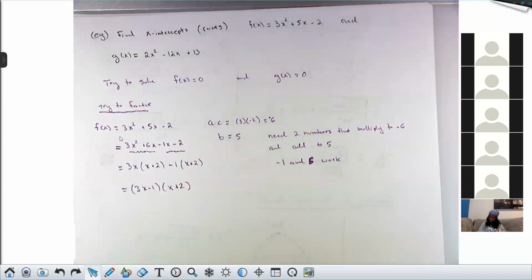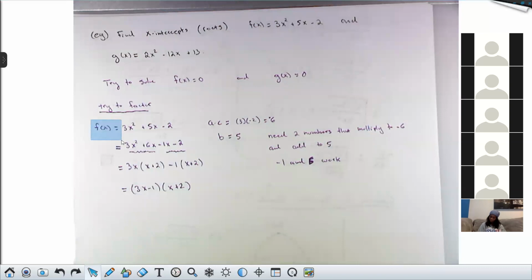If a is not 1, then you've got a little bit more work to do. You have to rewrite the middle term, factor by grouping. Hopefully this is familiar to you, but if you haven't seen this in a while, you needed a rehash of it, here it is. Use this as your prototype if you get stuck.